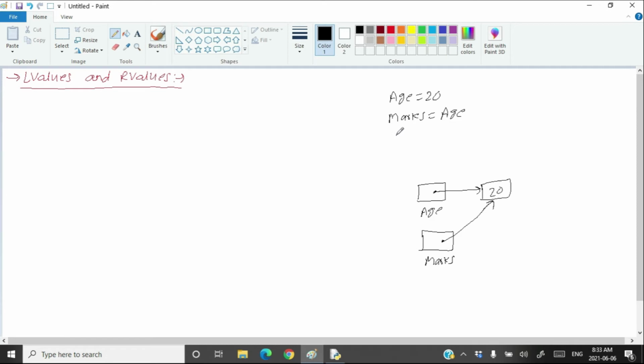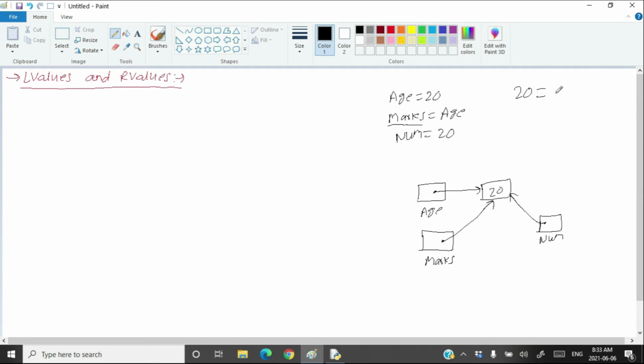Even if you write num is equal to 20, in this case also a new variable will be created whose name is num and which will be pointing to the same 20. So if the values are 20, they all will be pointing to the same location. But what I want to say here is a variable can come on the left hand side of the assignment operator, but a constant cannot.